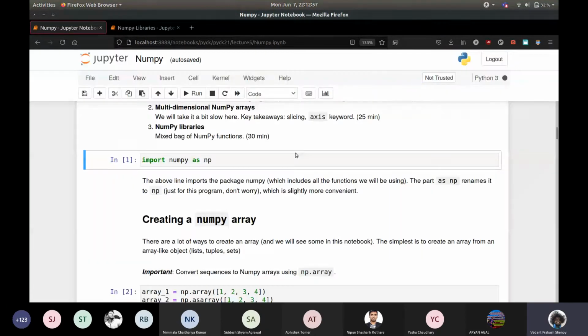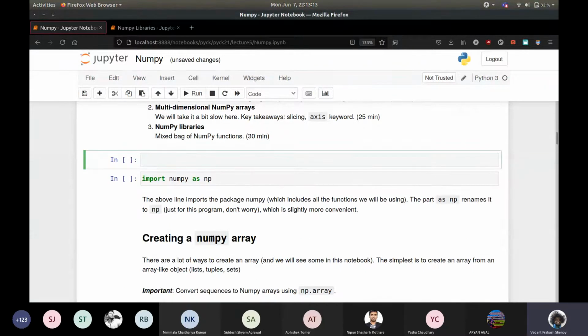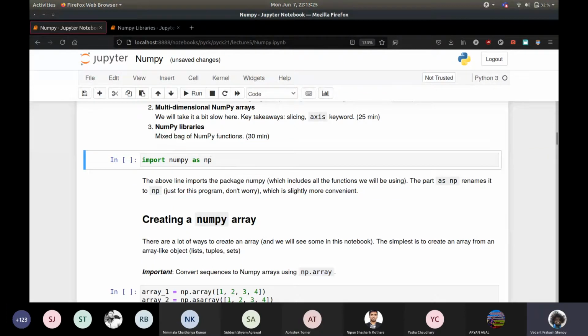Yeah. So the first thing that you do, just like with any package, any library, you know, we've done this before with math and random and so on, you have to import it. Now, if you're using Anaconda, then NumPy is already installed for you. If you are not using Anaconda and you downloaded Python from the website, or you're using Miniconda or something, you may have to pip install NumPy or conda install NumPy, depending on what you're using. But if you have Anaconda, all of this is done for you, and you should just be able to run this cell.